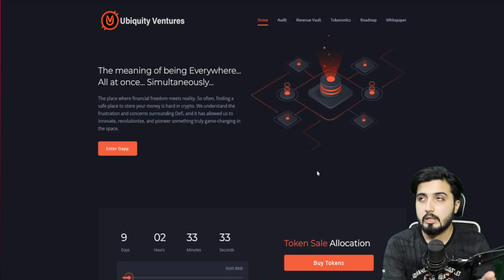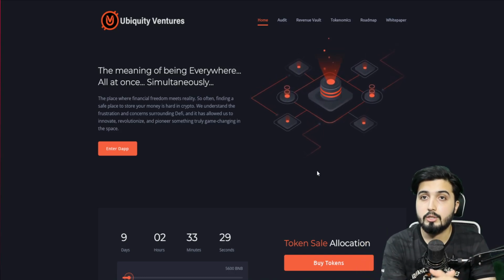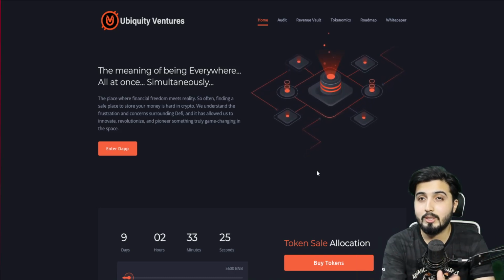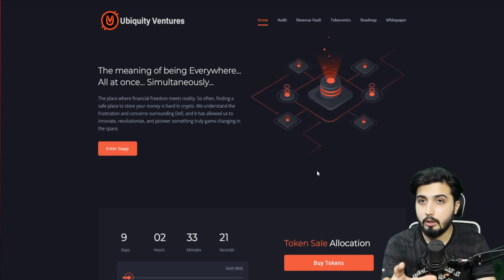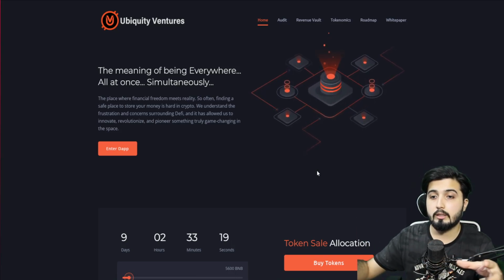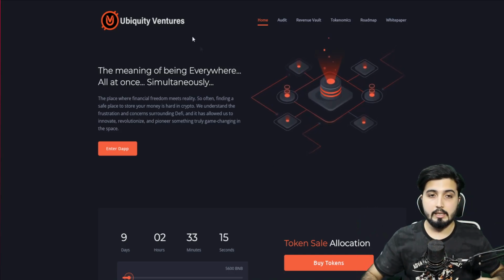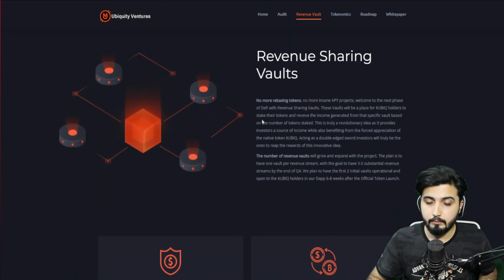And this is, I would say, the perfect place for it, because they can keep their assets secure in a vault. And those vaults are not just simple vaults, but they are revenue sharing vaults, where each vault will have its own revenue stream, and then the revenue is shared among the stakers. And there's a lot of other functions that are involved in this one, which makes this really amazing.